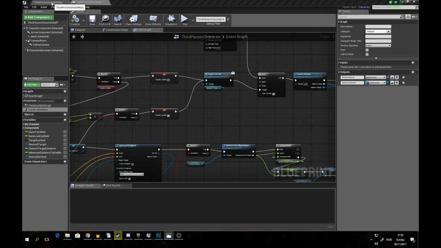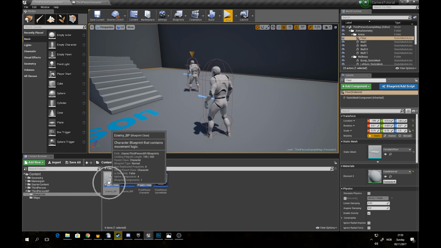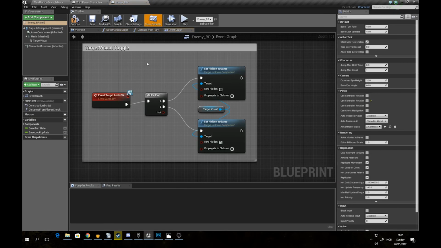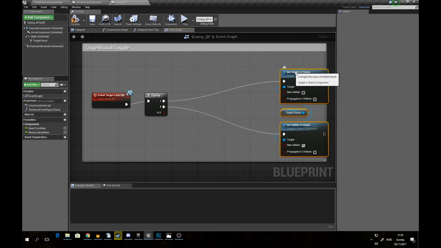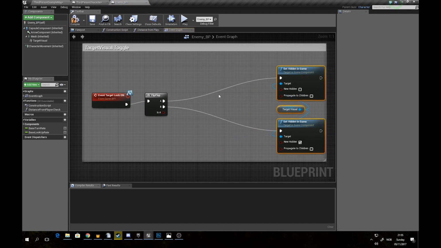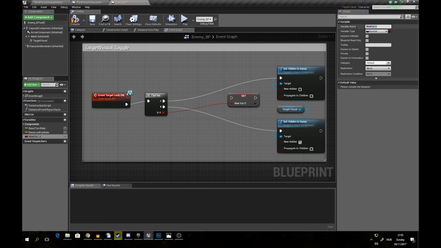So let's go back into viewport and come down to enemy BP, just enter that, and we need to make some space there, so let's just drag this out a bit, like so, and we're going to add a variable. So let's just right click here, promote variable, and let's call this is locked on. Alright, and we need two of it, so just have this selected, move your mouse up, hold Control and press W, and let's connect these